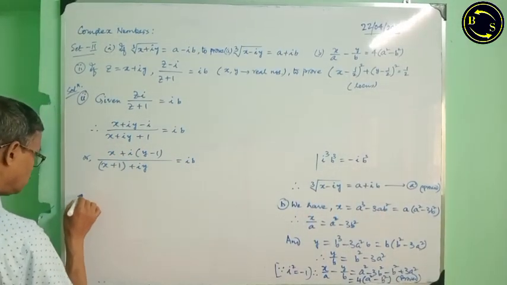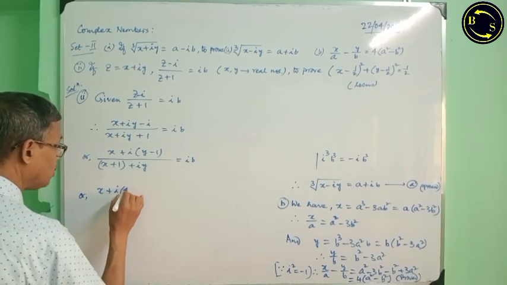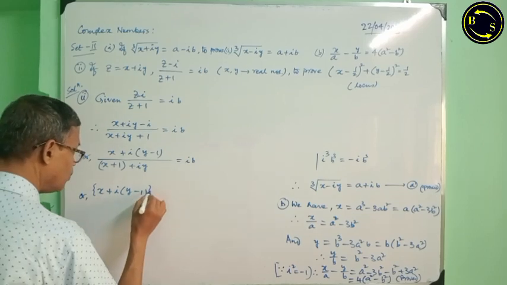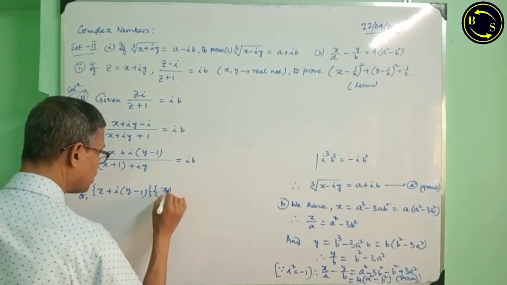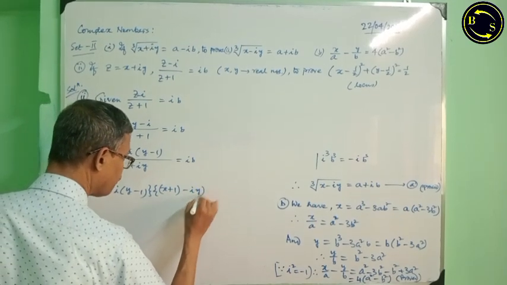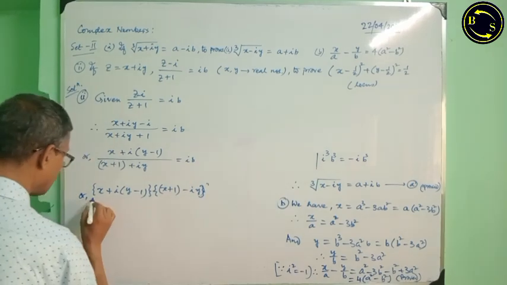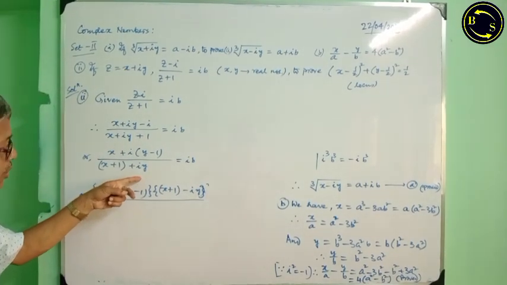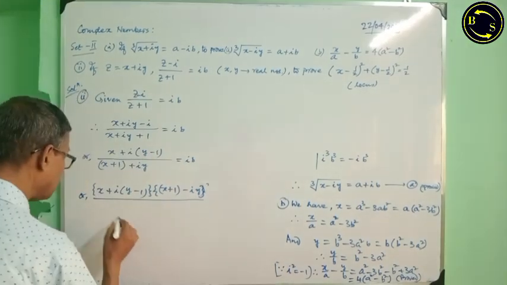Or, x plus iy minus 1, the complex conjugate of this one is x plus 1 minus iy, divided by a plus ib. When it is multiplied by a minus ib, then the result will be